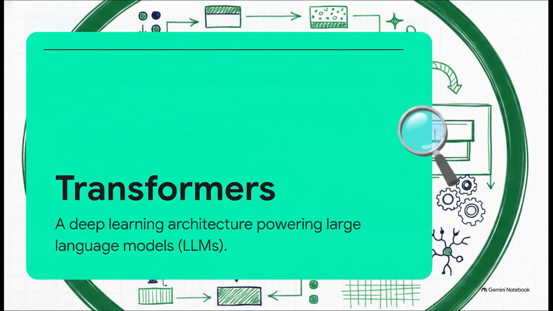Now, stepping into the data and knowledge infrastructure layer, we hit something absolutely crucial: transformers. These are specific, highly advanced deep learning architectures that power large language models. They sit right alongside convolutional neural networks, which are used to process visual data, but transformers act as the critical infrastructure for processing massive amounts of sequential knowledge. Basically, they are the main engine block driving modern generative AI.